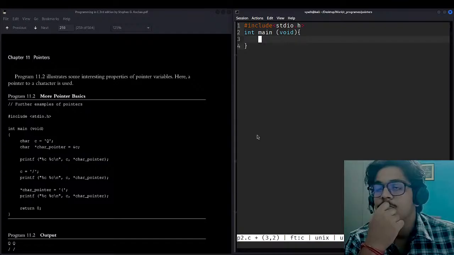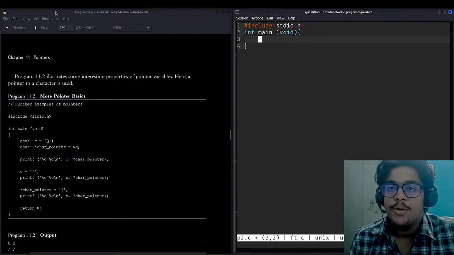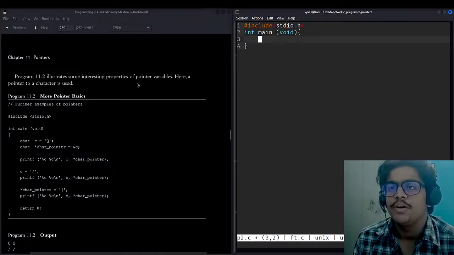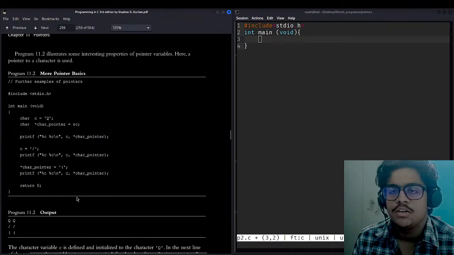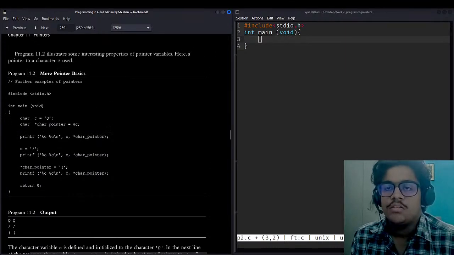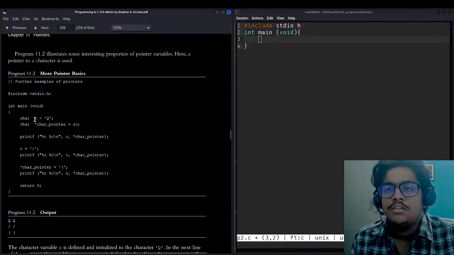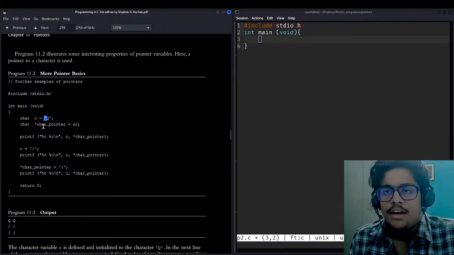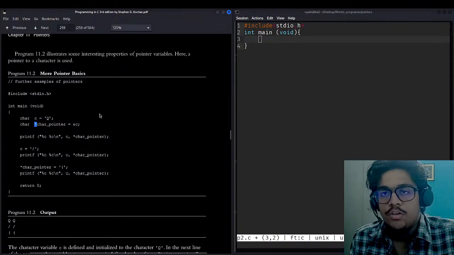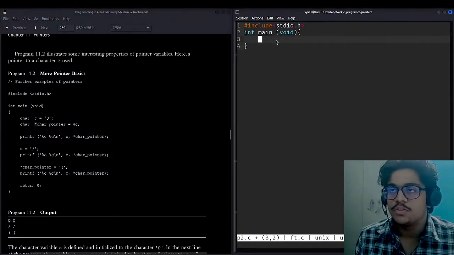Void main. Okay, so now let me show a further example of pointers. They have some interesting properties of pointer variables. Here's a pointer. They are taking a character c and assigning the value Q to it. We will be using quotes because we are defining a character. Char c equals Q. We are taking another pointer variable, a char pointer, with the indirection sign.